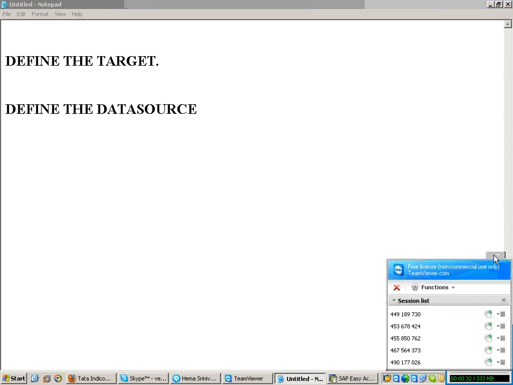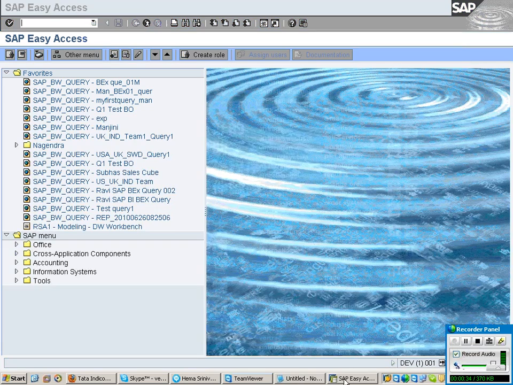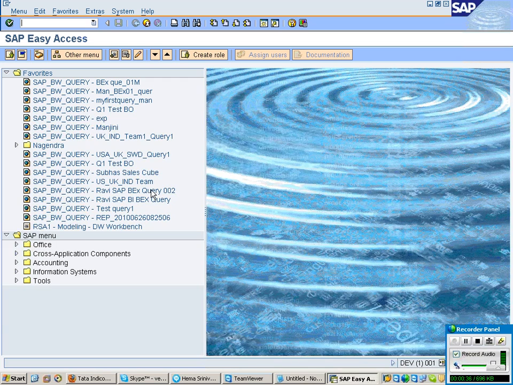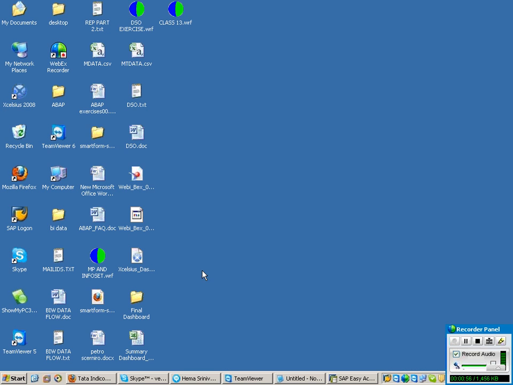Once I created my data source, the system was generating one table inside the database, which is called the PSA table, right? So when I was creating a data source, internally in the database the system is generating some tables, which are used for staging purpose, right?